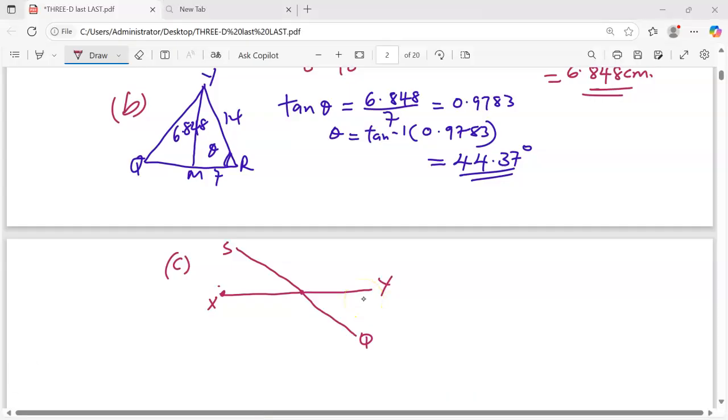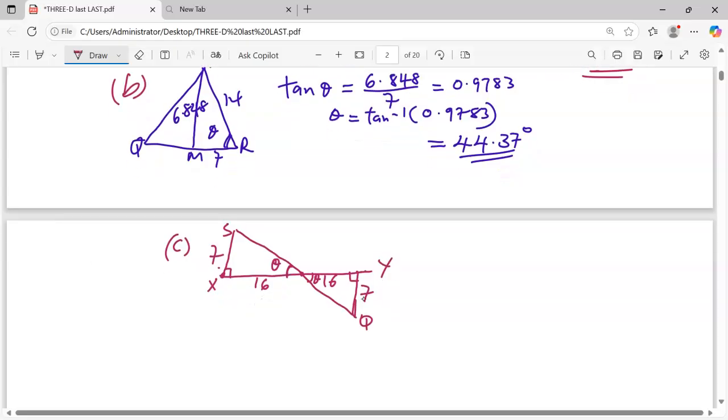So from Y to Q at this point, we are going to have 7 degrees. This is where we have 90. This is going to be 7 centimeters. And also from S to X is going to be 7 centimeters. We know that now XY becomes 32, where we are going to have 16. The angle we need is the angle at this point, or simply the angle across or vertically opposite to the one above. We can start by getting SQ,